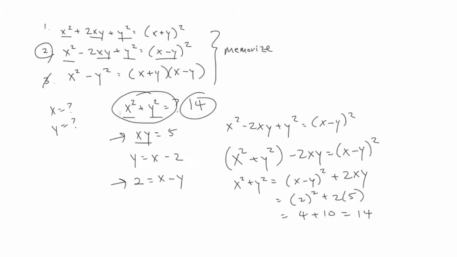On this exam, again, you're rarely going to be required to solve for individual variables x and y. They're going to ask you for a group of variables, in this case x squared plus y squared, or they might ask you for x plus y or x minus y. Being able to identify which of these three quadratic equations best relates to what's given is going to really make the process a lot easier. So again, make sure you memorize these three equations, and by memorize, make sure you know how to manipulate the variables around, be able to see which one most applies to the question that you're